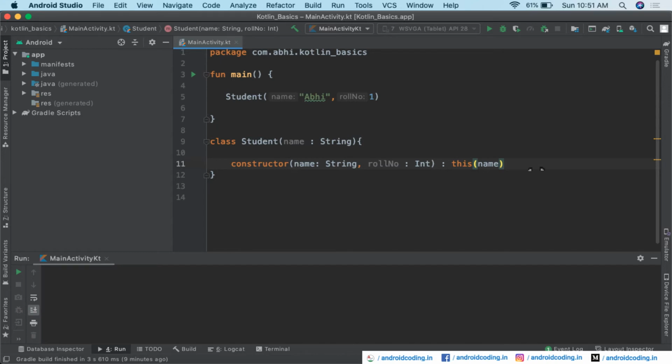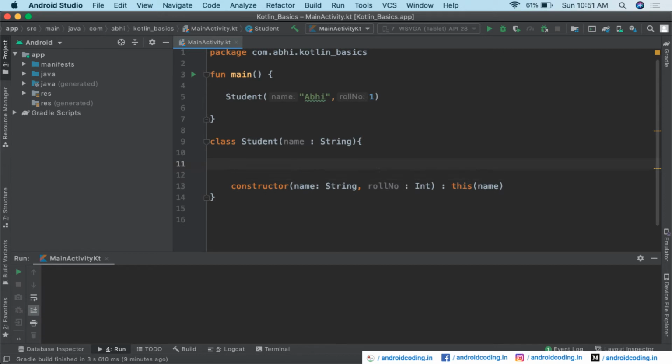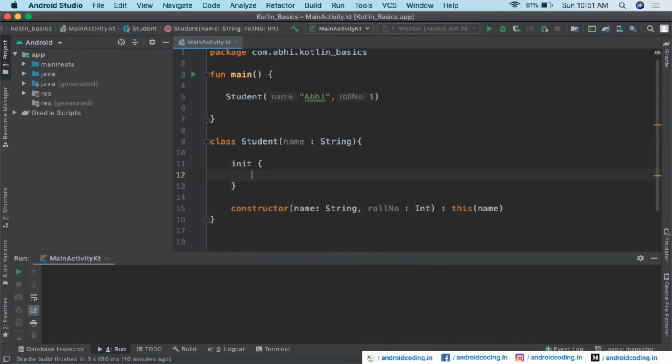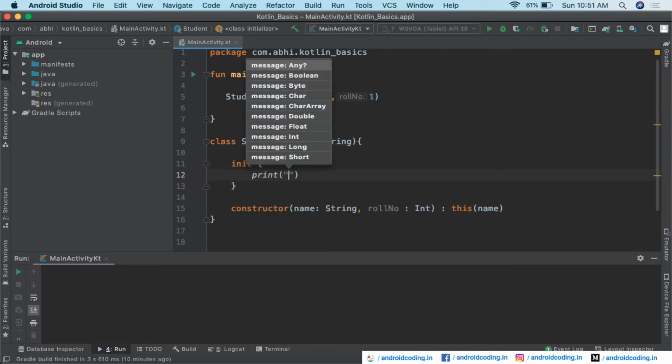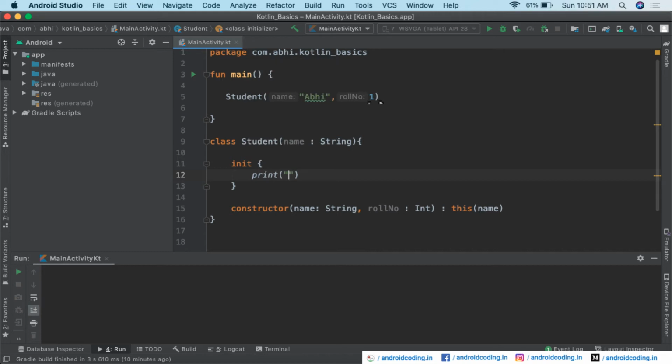One more thing I want to specify is that inside the class, when you want to make use of the primary constructor, we also specify an init block. Here I want to print the value which I pass through my primary constructor. I want to print "name is", specify a dollar symbol and add the parameter name.